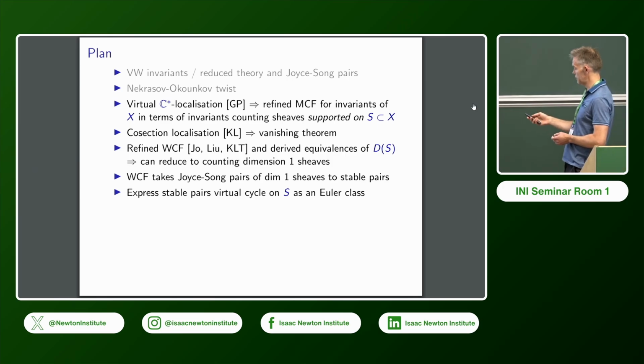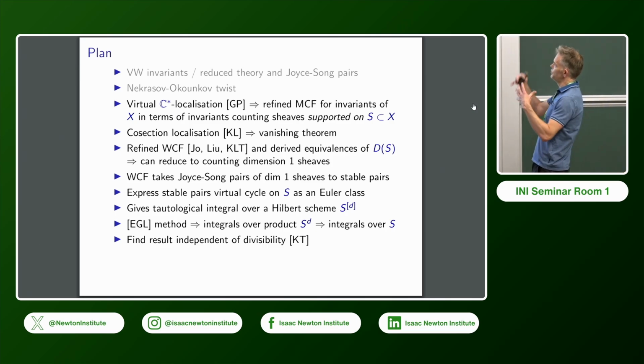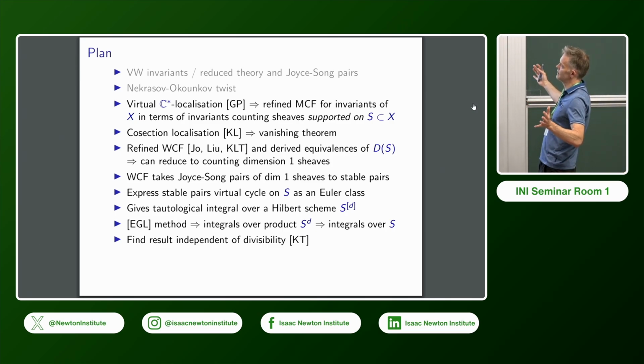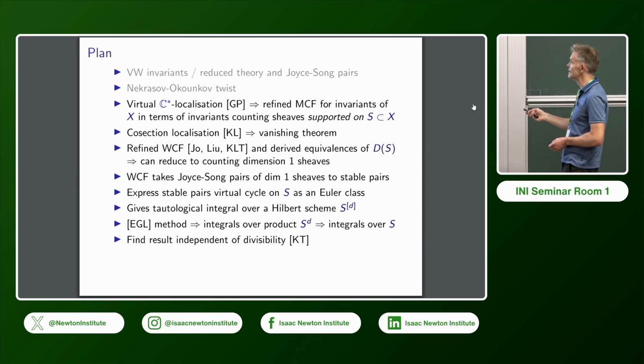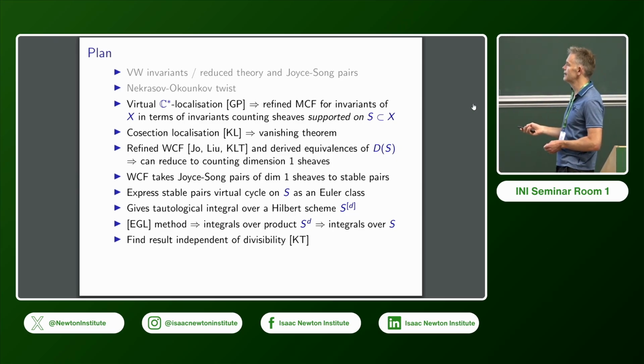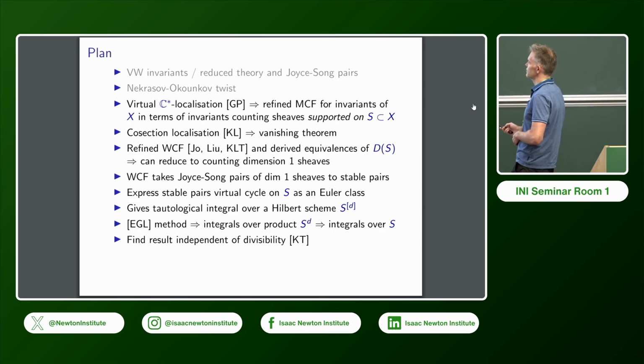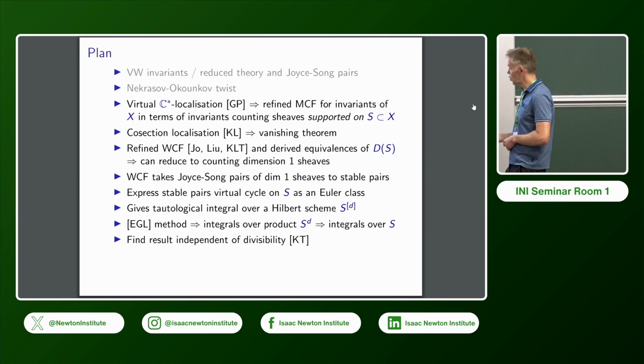Okay, and so we can really compute the virtual cycle as an Euler class, and that means you can do computations, and very quickly you do these computations on these ambient spaces, you can push back down to a Hilbert scheme of points again, and then this method of Ellingsrud, Göttsche, and Lehn from the 90s turns these integrals over the Hilbert scheme into integrals over the product of copies of S instead, and therefore integrals over S. And what that gives you,